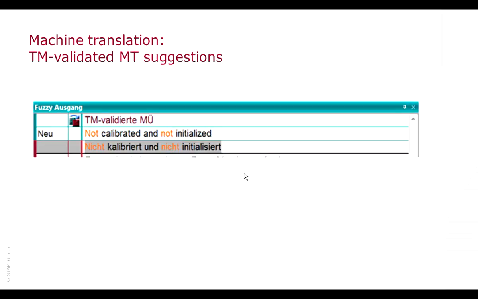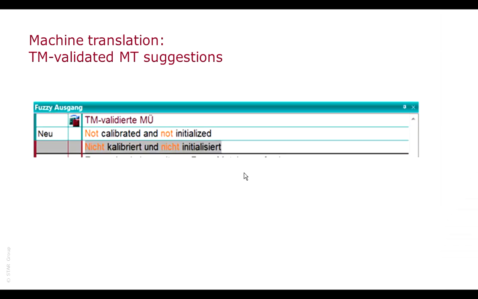The next improvement also is in the area of machine translation. It is TM validated MT suggestions. This is something only Transit can do. If we have a suggestion from the machine translation, but we also have a fuzzy match, Transit validates the two matches, the two suggestions, and